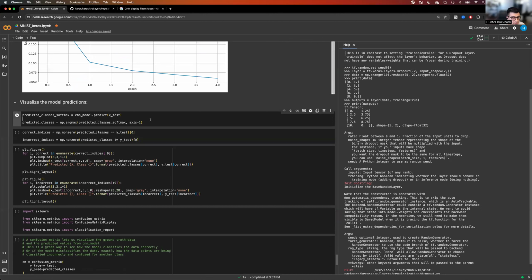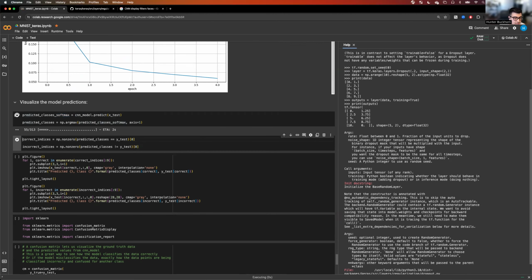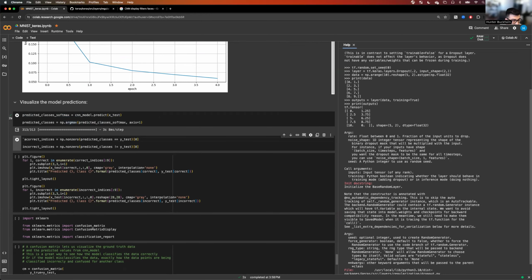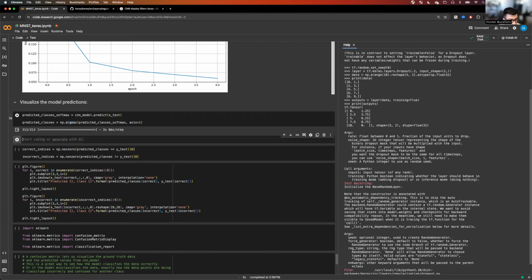Now what we can do is visualize some of the model predictions. So we have our model. We can do predict, and we can get those softmax 10-dimensional vectors. Then we need to get the index of the maximum value with argmax. And this will give us our predicted classes. So if we go up here, you can see,